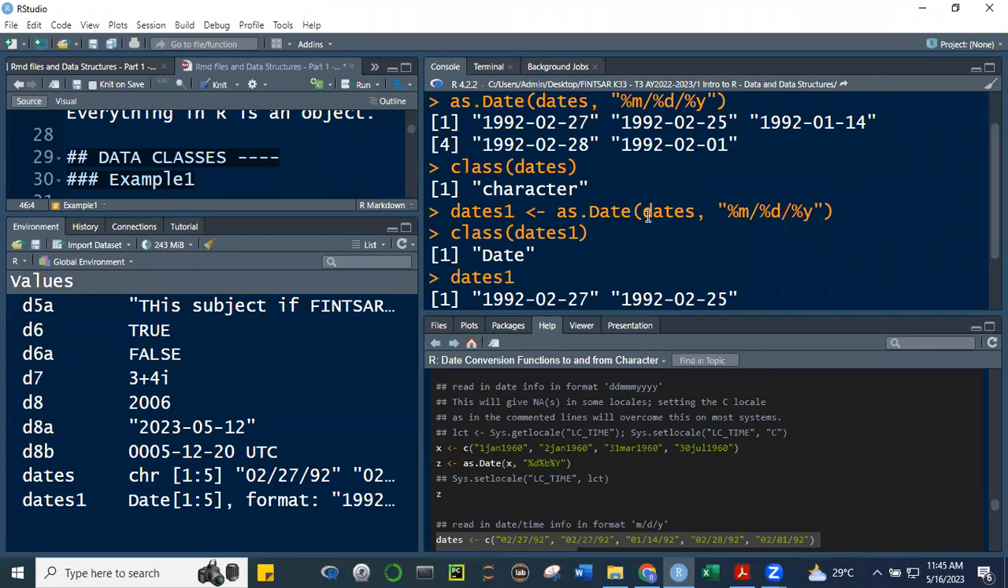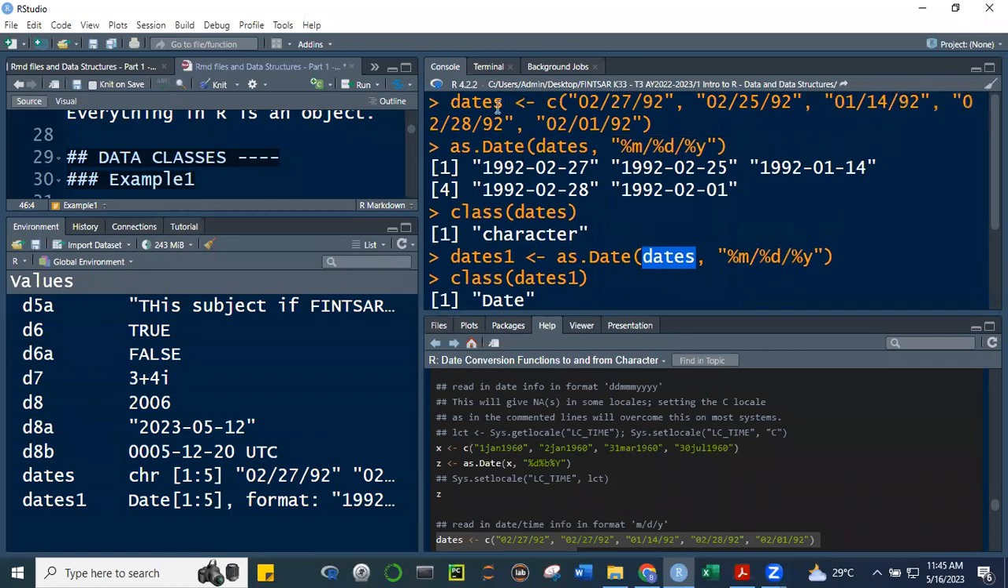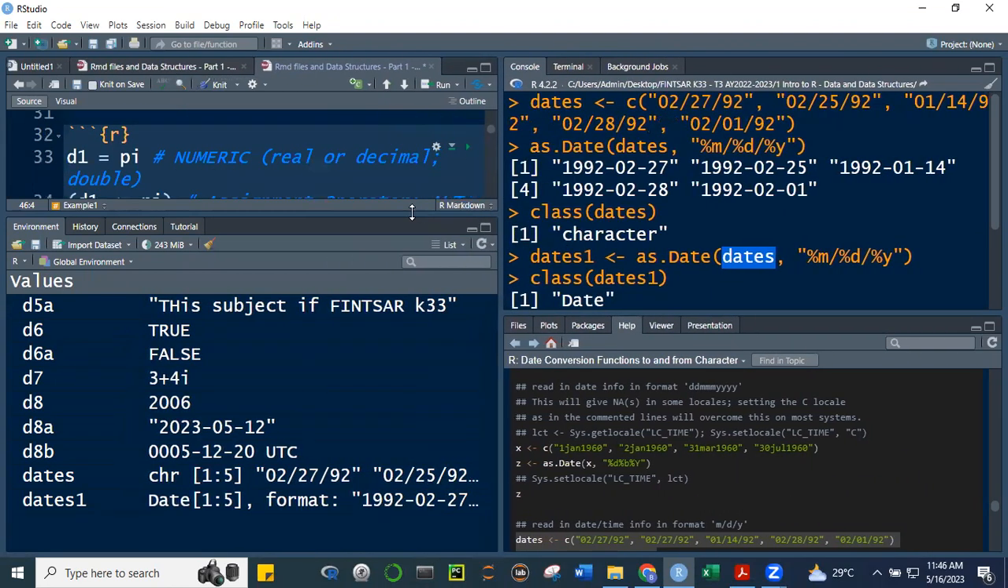Kino-convert natin yung object na dates, but we defined ano yung format natin. Kasi yung binigay natin na dates, ito 2/27/1992. So ginawa natin, ito month, ito day, ito year. Okay, so that's what I was saying here. So dito sa ginagawa natin dito,